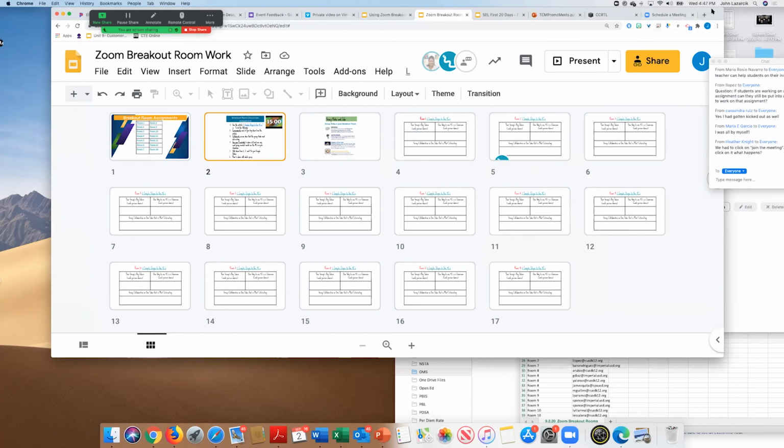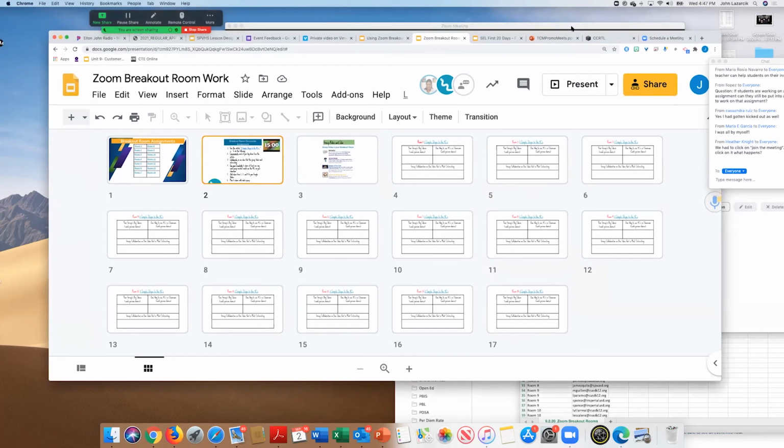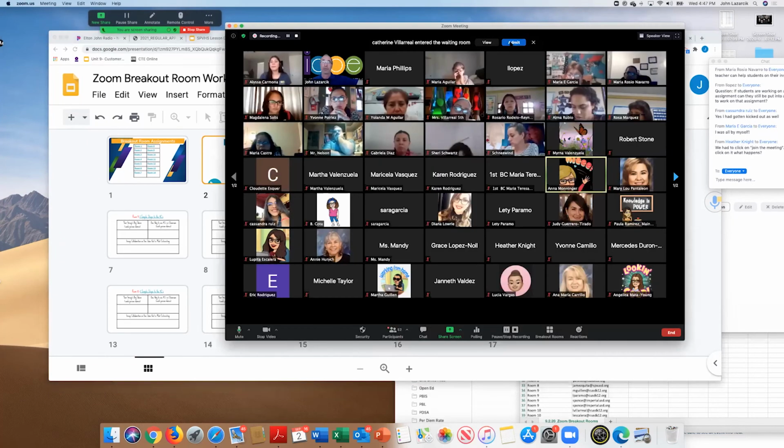So we did this with a school district, and we were tracking it. And in the first 5 minutes, I'm just going to use an example, Group 4 had nothing written on their slides. So Anna was the host. She hopped into breakout room 4 to see what was going on. And she came back and said, oh, they were having trouble sharing their screen. So she taught them how to share their screen.